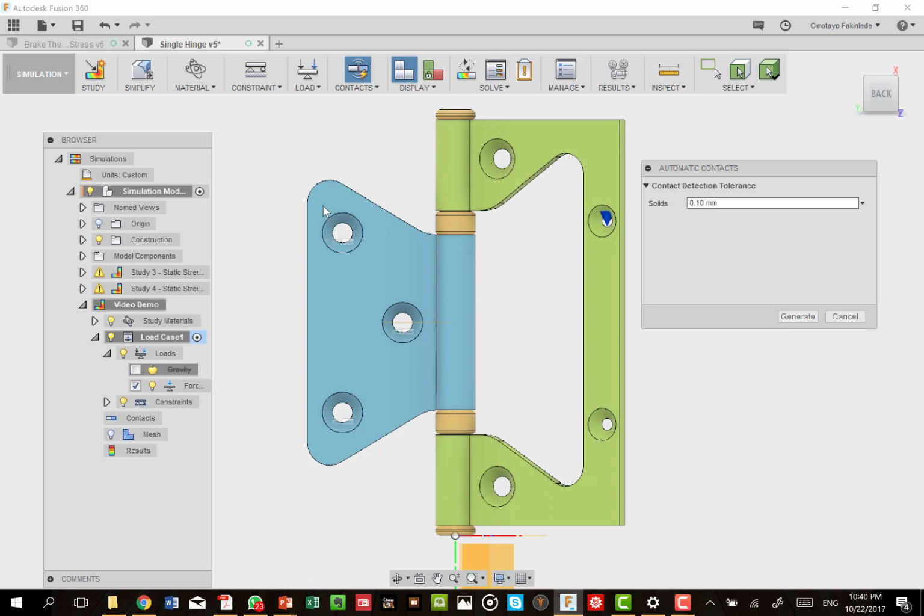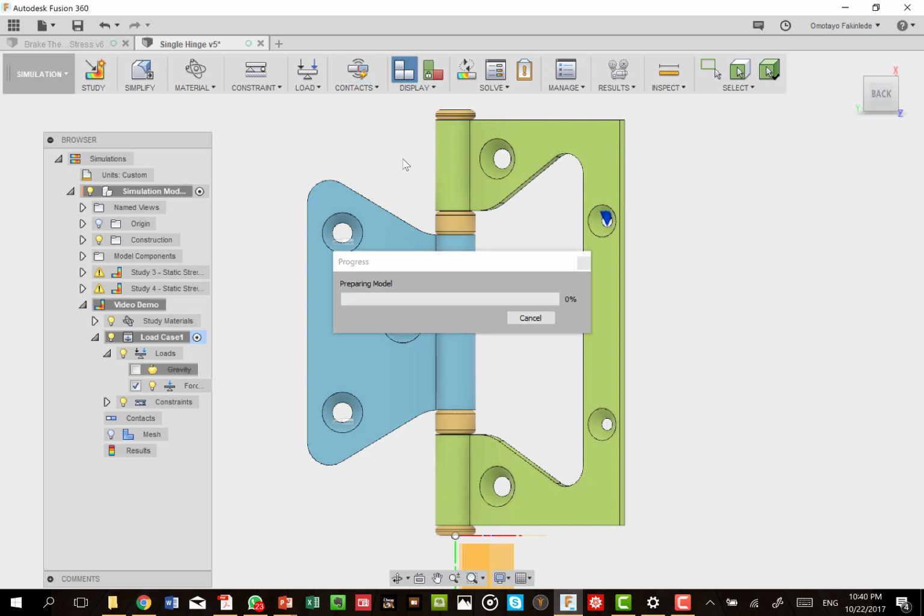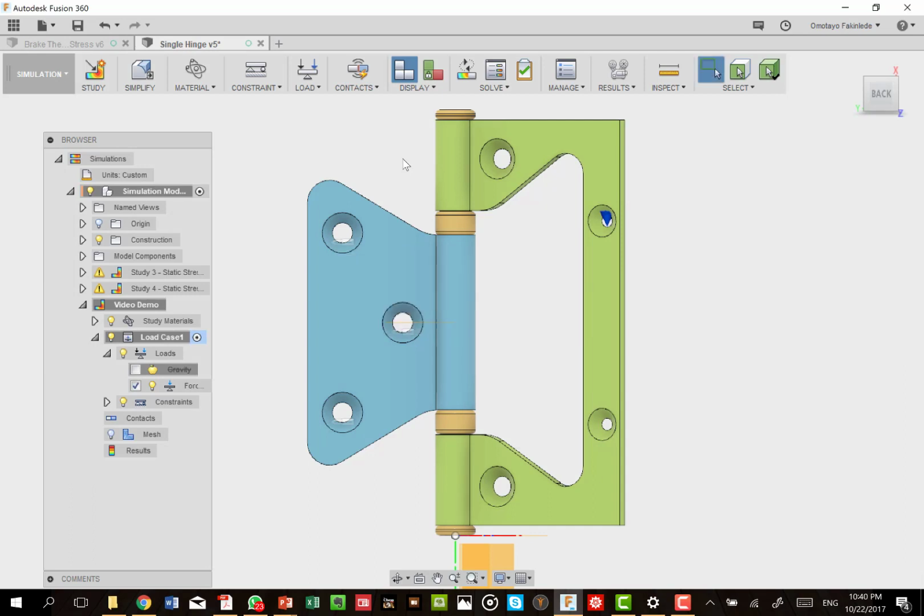For instance, if you were to close this hinge here, this inner will come into this space, but it is not at any time going to be of interest to us, going to be in contact with this inner part. But let us choose generate.